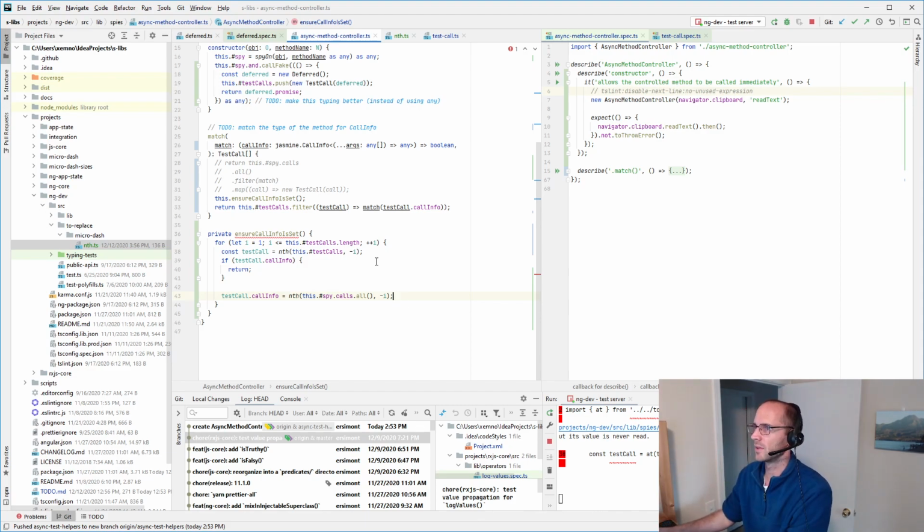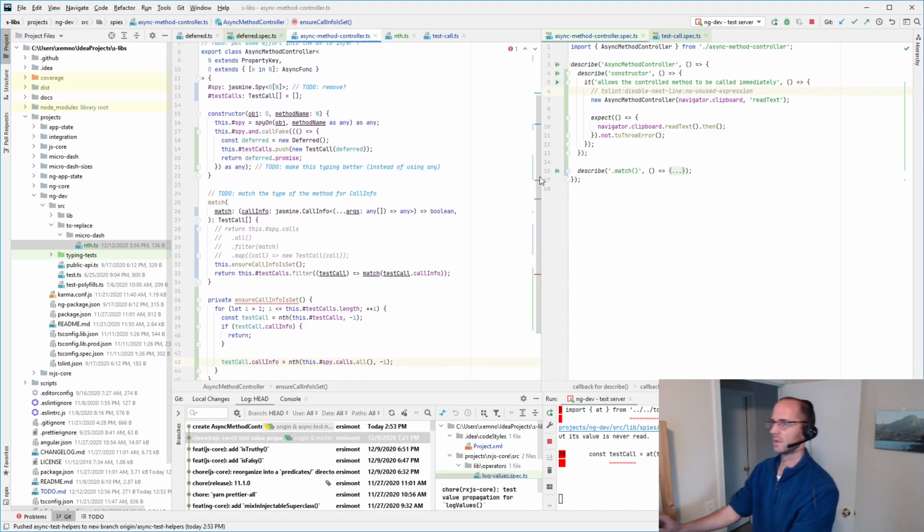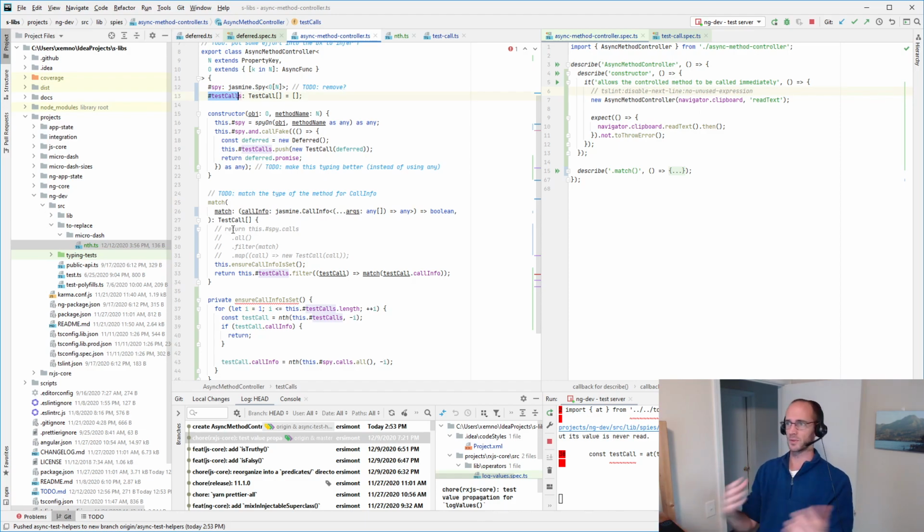Hopefully you can see how that works. We're going to have to do some real test coverage on this guy. Unfortunately, we're not going to be able to really test it until we have that expect function, which will actually remove something from test calls. The reason I wrote this, so